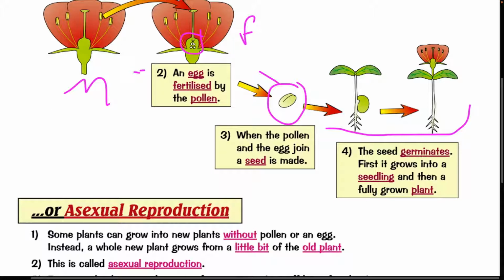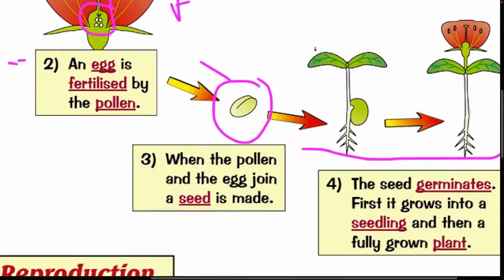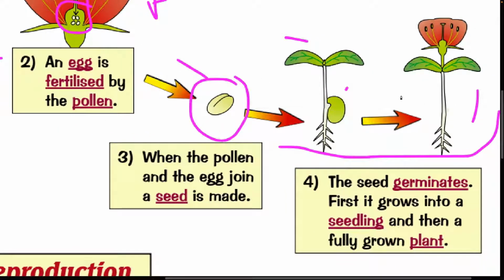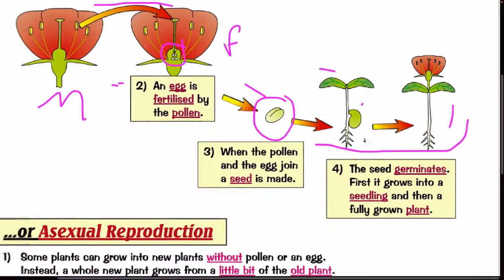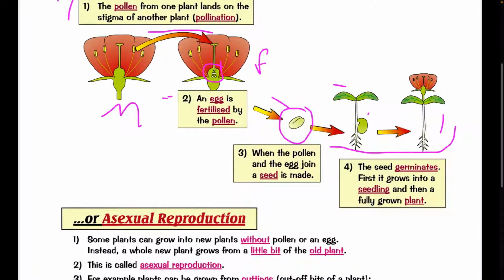Very good. Ou seja, o que acontece aqui? Então, a semente, ela germina, ou seja, ela desenvolve. Primeiro, então, ela começa a crescer e vira essa pequena, chama-se seedling, ok? Ela tá ali começando a ter algumas características, como a gente consegue ver aqui mais próximo, tá bom? Deixa eu aproximar um pouquinho. De planta e ainda com umas características da semente, depois ela se torna totalmente a plant. That's why fully grown to a plant. Okay? So this is this part of this reproduction, yeah, and the life cycle of a plant.